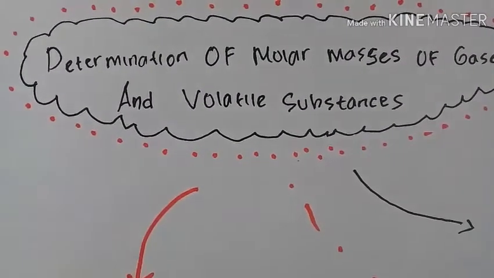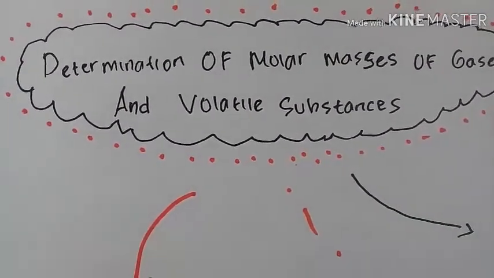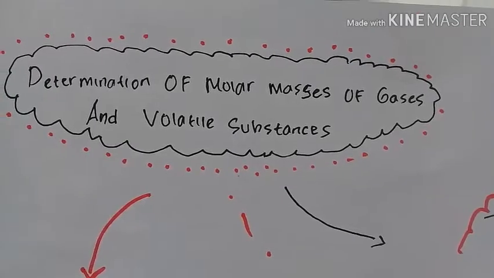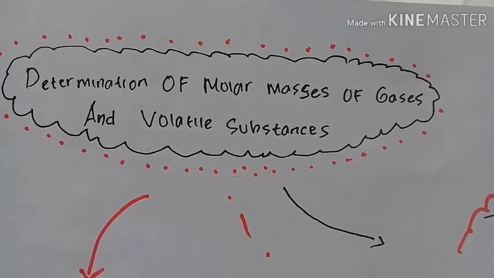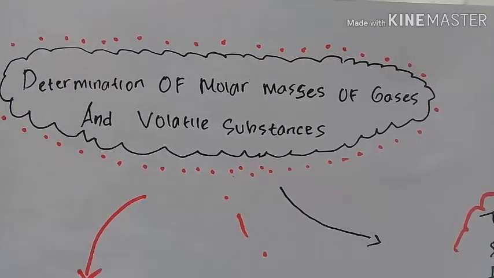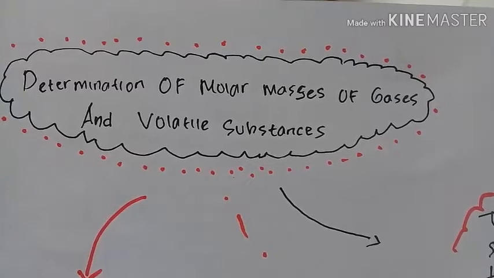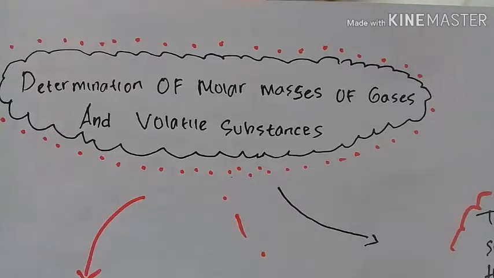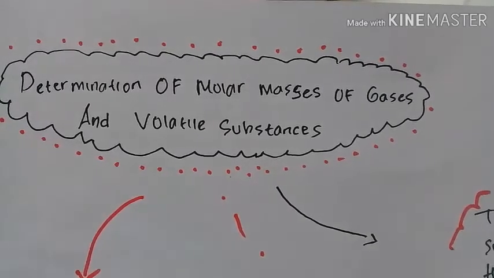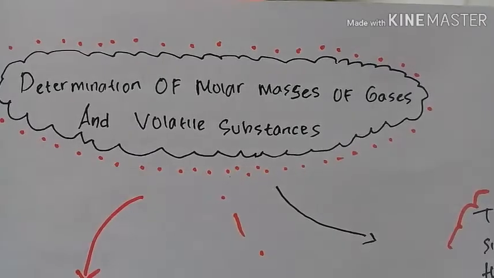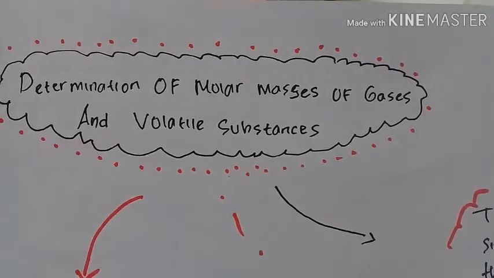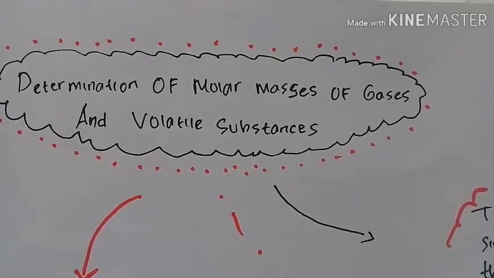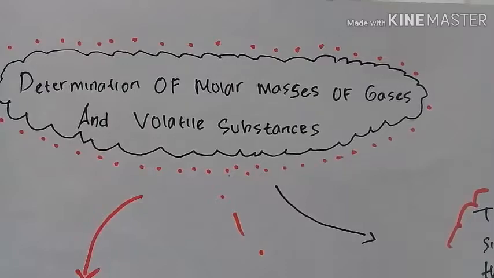I will explain the determination of molar masses of gas and volatile substances. The ideal gas law is used in determining the molar masses of volatile substances. For this purpose, a bulb of known volume is filled with the gas at measured pressure and temperature. The mass of the gas in the bulb is measured. These measurements suffice to determine the molar mass of the substance,